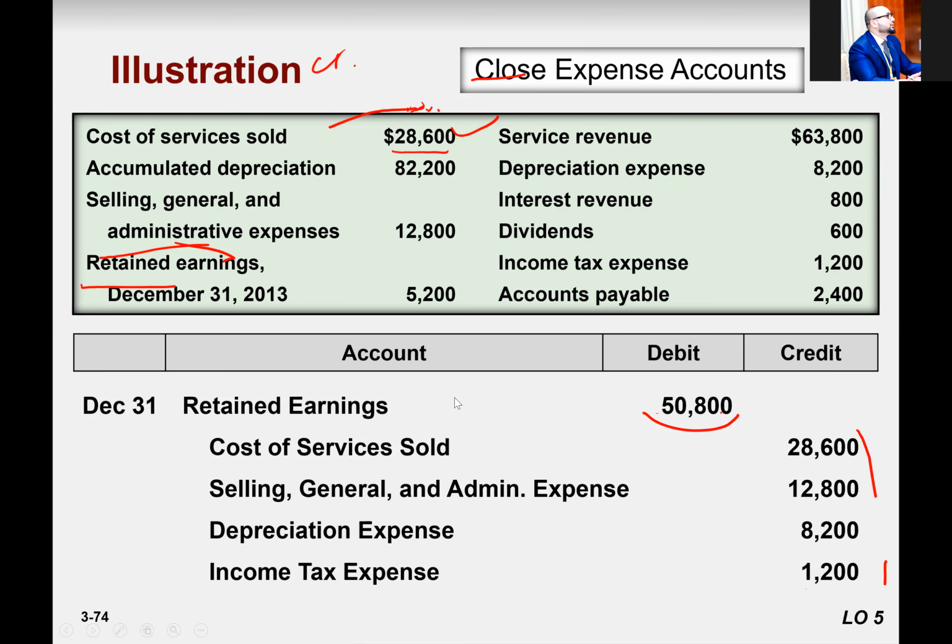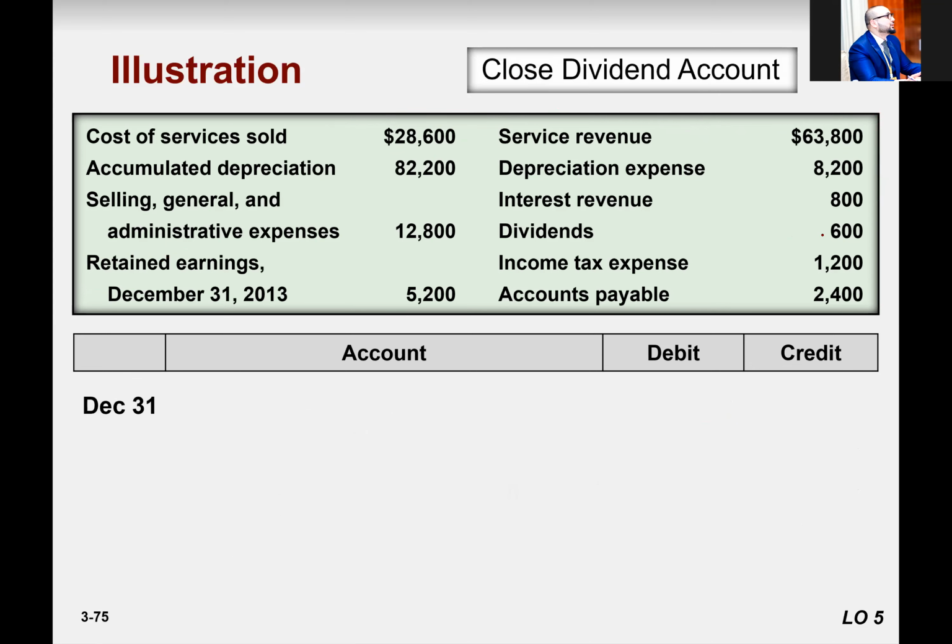Now closing down the dividend, do we have dividend here? Only one account, which is here. The nature of the dividend is debit. So we make it credit. So retained earnings to dividend, because the nature of dividend is